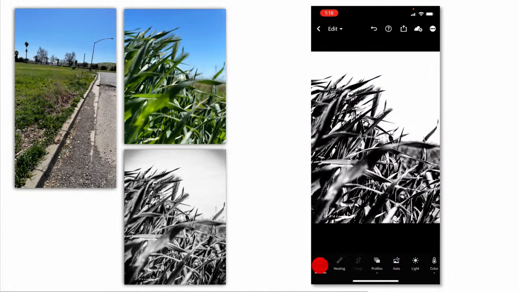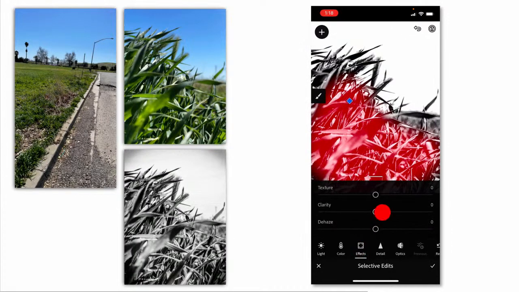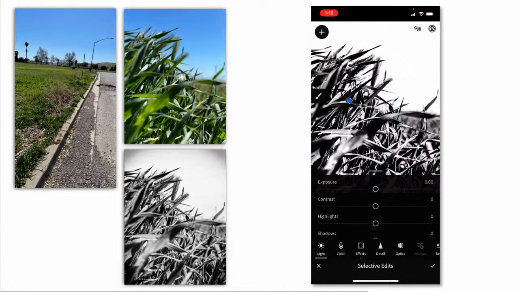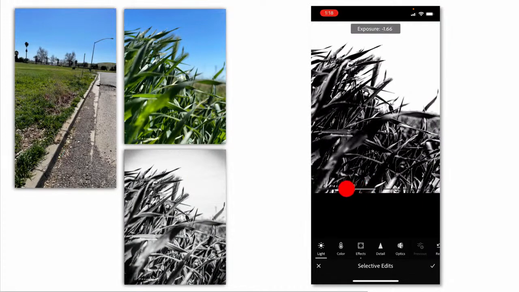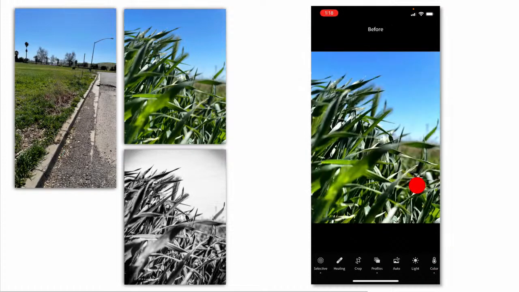And then I think I'm going to go to the selective edit for a second, and I'm going to take the paintbrush and I'm just going to click inside these blades of grass a little bit and go back to the effects and see what happens if I add just a bit more texture. Now, sometimes the contrast will get a little heavy, so I'm going to also go into the lights while I'm still in selective edit and brighten up the shadows just a hair. And then I can see about bringing down the shadows. And I can also check the exposure if I want to. Dark, yuck. Light, yuck. No, I'm going to leave the exposure where it was. You want to reset the exposure, double click on the name, and that'll set it back to 0. So let's take a look at this before and after.